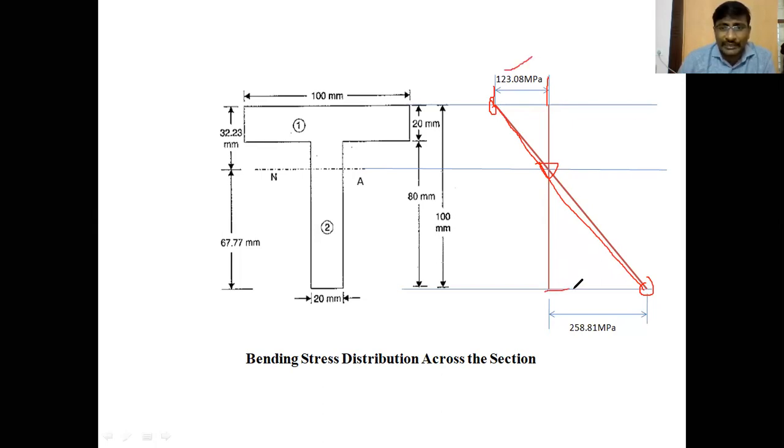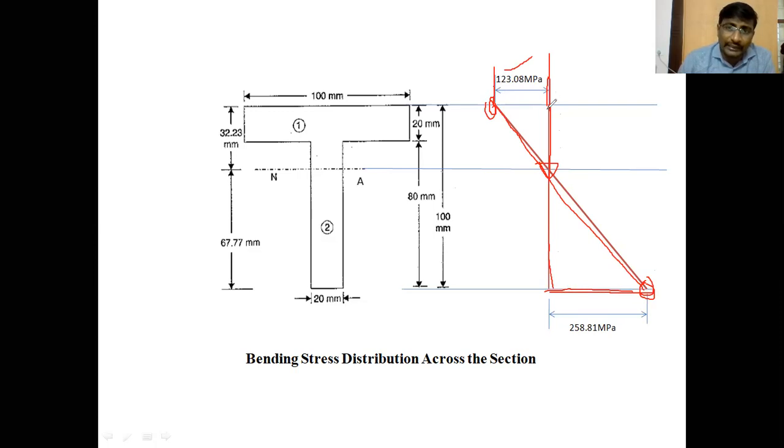So maximum tensile stress, the tensile means positive. From this vertical line, you have to locate the point on the right side of the vertical line. Locate any point at a certain distance somewhere else. After locating that point, join this point with the neutral axis point and extend up to the topmost layer, which indicates the maximum compressive. Compressive means the negative value. Compression stresses are taken as negative.